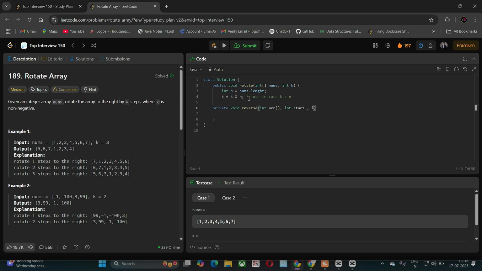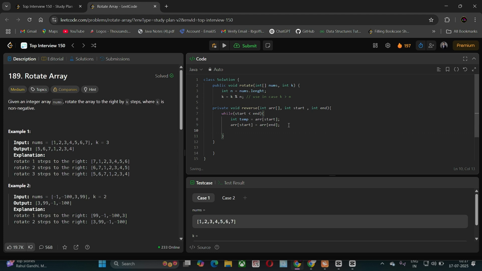This is our step 2, which we discussed. Now just see in your code the third step.